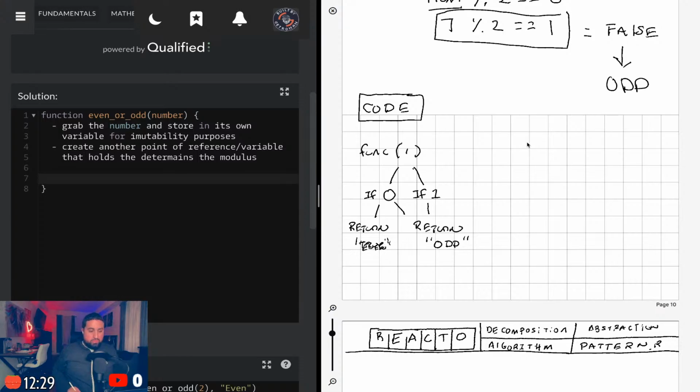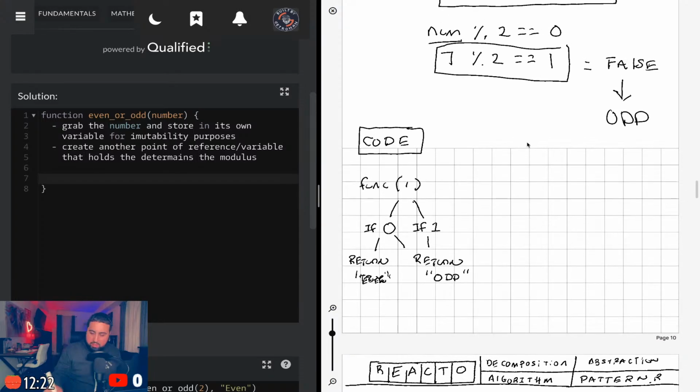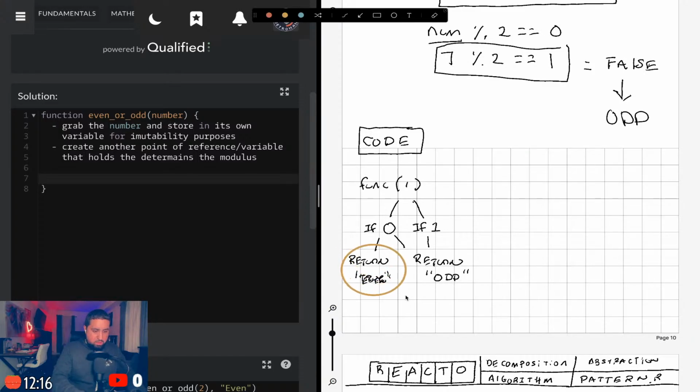Okay. On your end, it looks a little funny. It'll correct itself. But basically, this is even here. This part is even. All right. Just annotate that real quick.